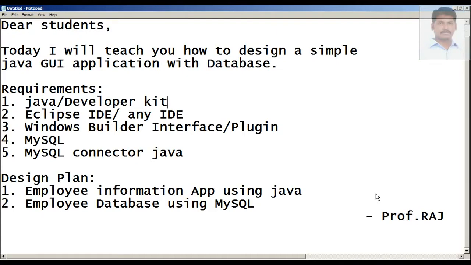My plan is I'm going to create an employee information application using Java and an employee database using MySQL. By the way, I am Professor Raj. Let me show you